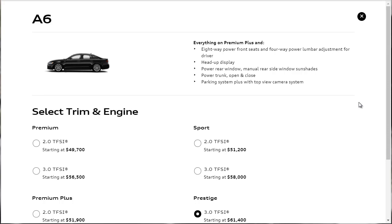On this episode of Build Your Own, we're going to build, price, and option a 2018 Audi A6 Prestige with